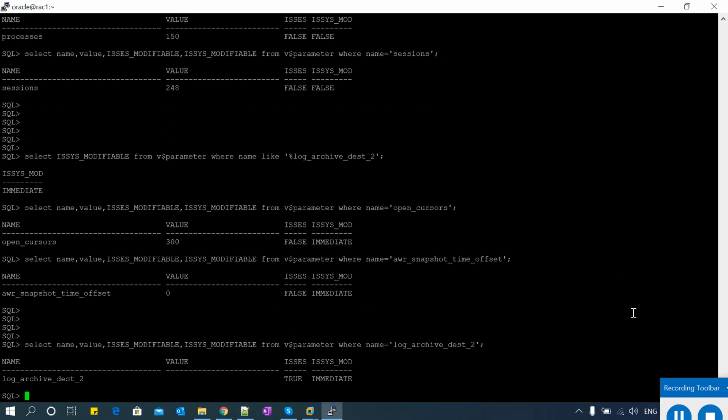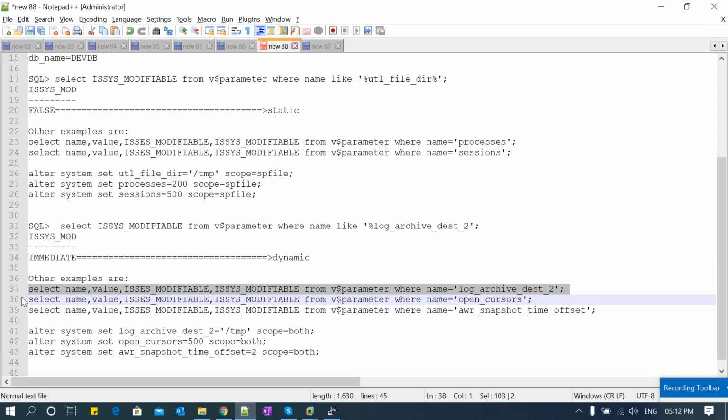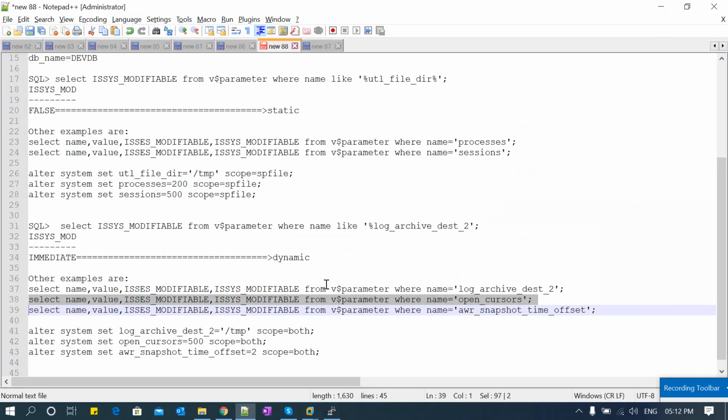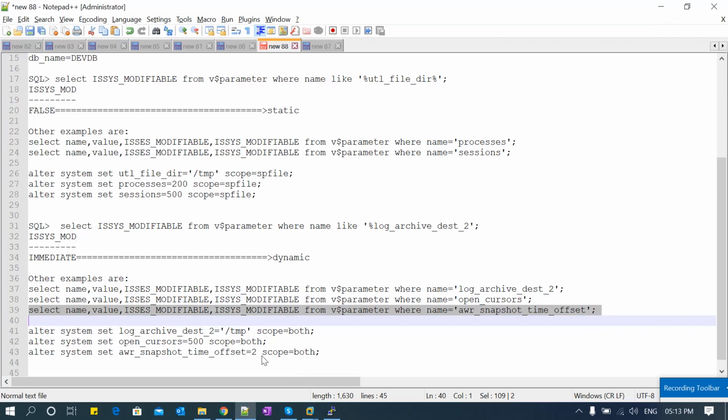Right now the log_archive_dest_2 parameter is not set, so I will set it and show you how to set this parameter dynamically. I'll query the other parameters for reference. open_cursors is 300, and I'm going to change it to 500. awr_snapshot_time_offset is currently set to 0, and I will set it to 2.